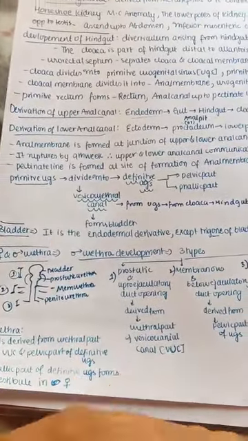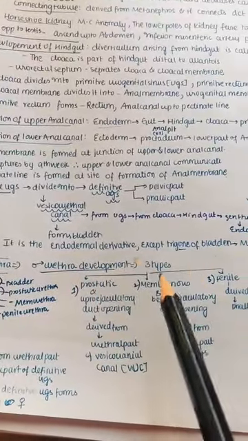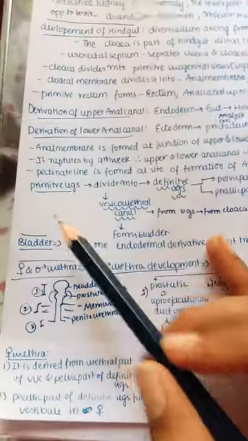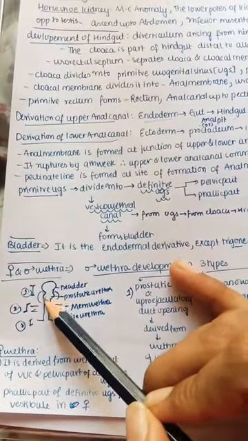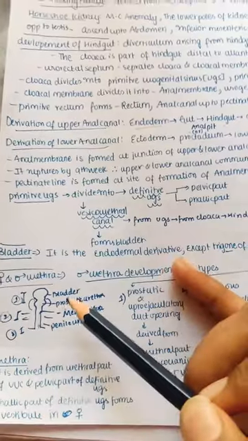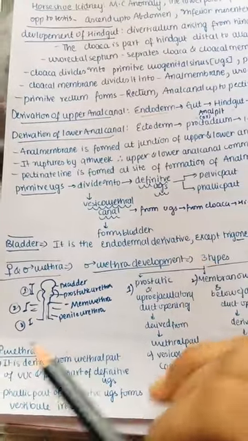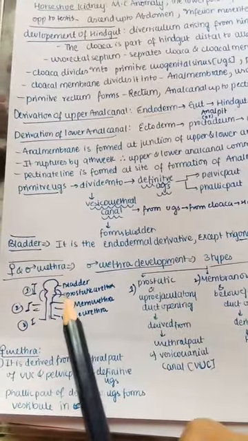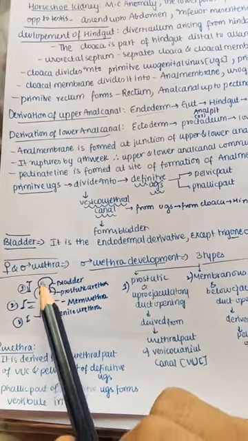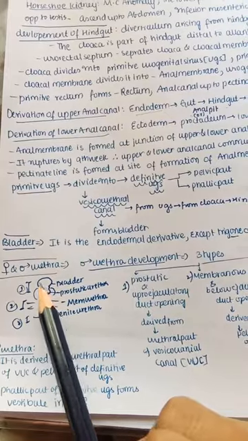The male urethra development mainly takes place in 3 parts, that is prostatic, membranous and penile. So here you can see this is the bladder, this is the prostatic urethra, this is the membranous urethra, and here you can see this is the penile urethra. So there are 3 types of urethra in the male. The prostatic urethra up to the ejaculatory opening is mainly derived from the urethral part of